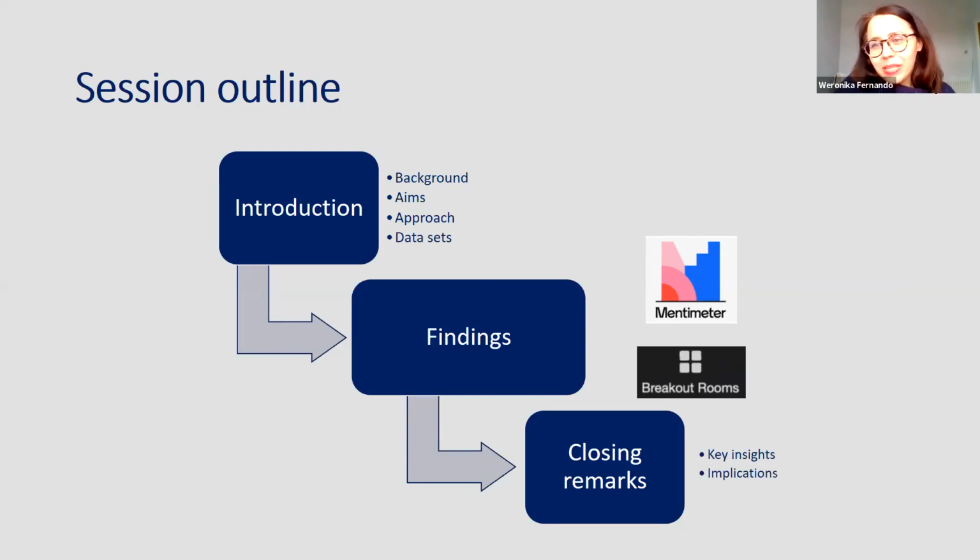We would also like to understand how you read the data we will be presenting. So we will put you into breakout rooms and give you some opportunity to discuss and share your insights with us. Then after that, very brief closing remarks again from myself. They will be really brief, as the project is ongoing and we are working through the wonderful data that we have collected quite recently.